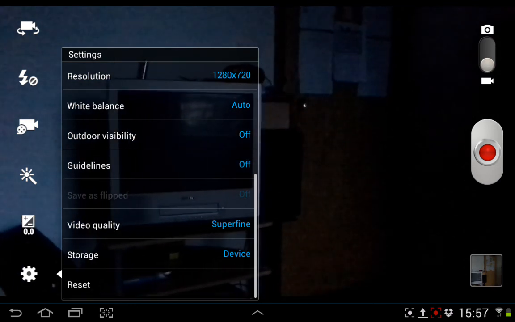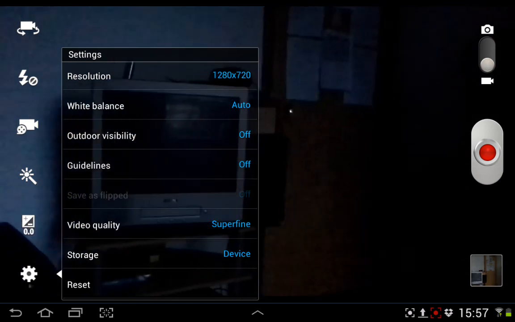And you've got your video quality superfine and storage device, and then you can reset it as well. The record button is just there, and then that's your gallery button to go into it, and just hit that to go back to your camera,